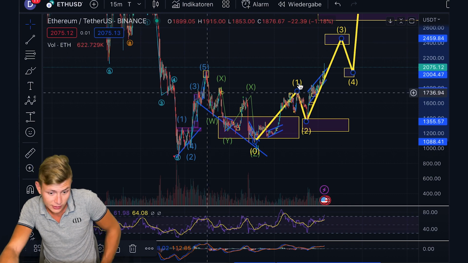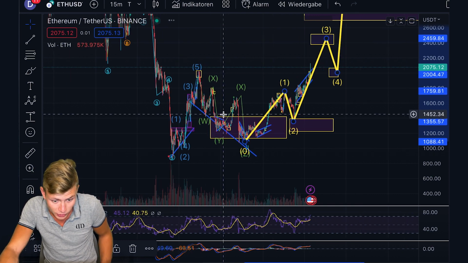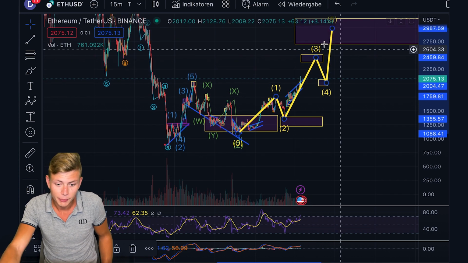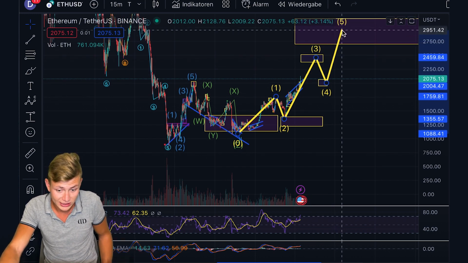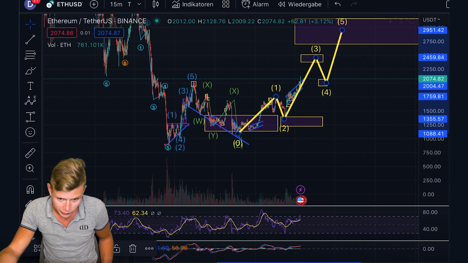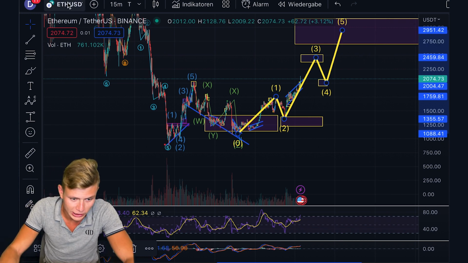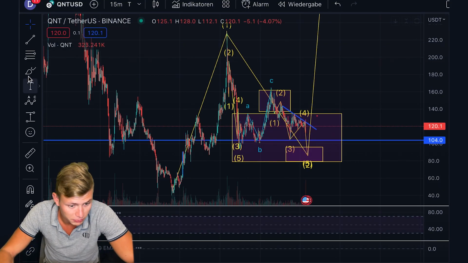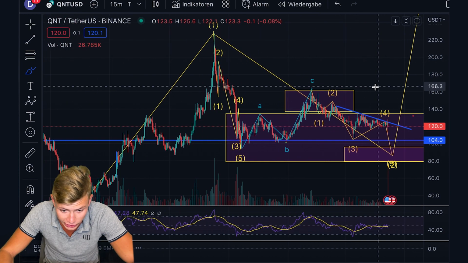So it's a very uncertain time right now at the market. I cannot guarantee, nobody can guarantee what is happening, but those are my two scenarios, which I think are the most likely options. And we need more confirmation to decide in which one of those we are. Let's now jump over to the Q&T US dollar chart as well. And there you can see that there are absolutely no changes in my opinion.